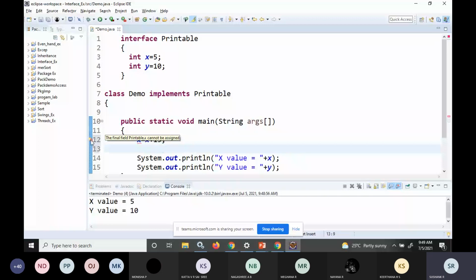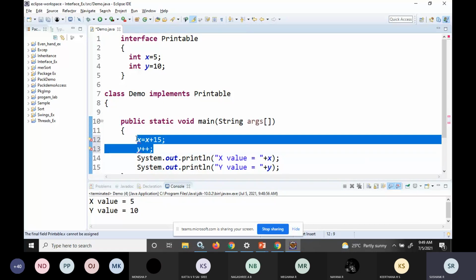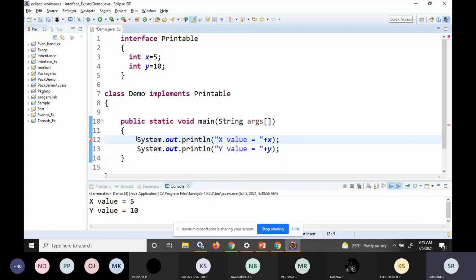So similarly, if I try to change the value for y, what error will I get? See, for y also what I'm getting is the final field Printable.y cannot be assigned. That means these two variables x and y are constants. You can use them in the program, but you cannot make changes to that.